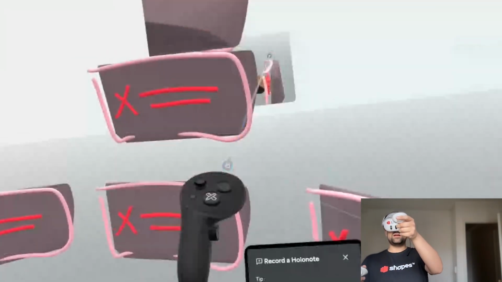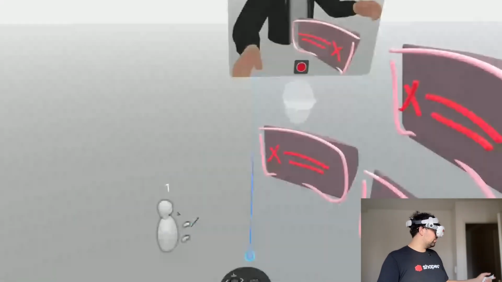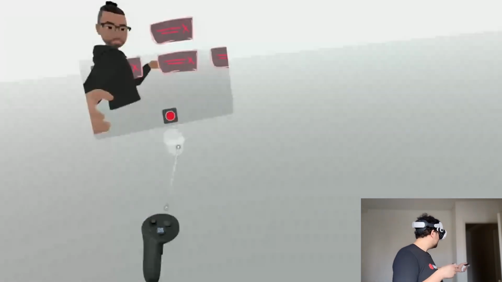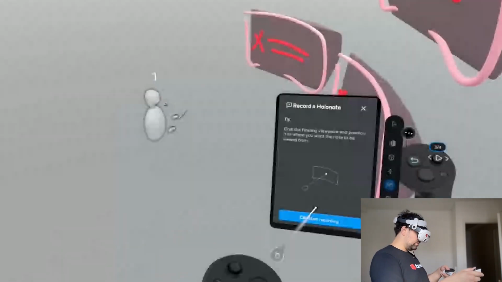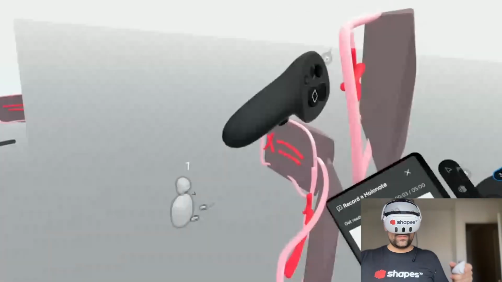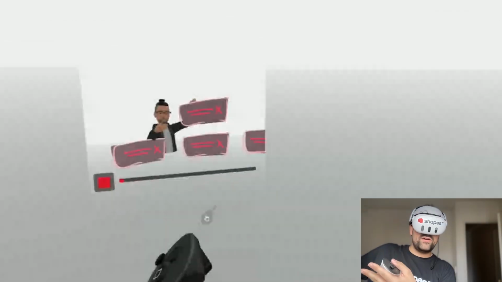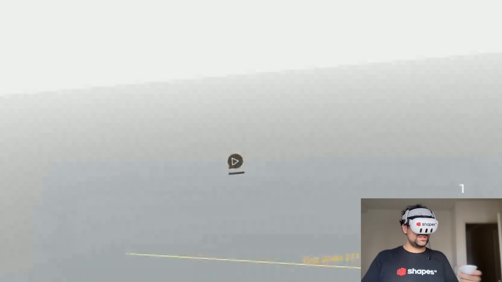And what I'll do is I have my camera. We'll move it around, and we'll say I want my user to be here, and I'm going to be here. And then just press start recording. What I'm doing here is recording my voice. I'm pointing at stuff. I'm moving around. I'm saying, this maybe should be a little bigger. It could be like the primary element in my UI. This might be the secondary. This might be the third. And then I stop. And now that I have this note, when my teammate comes in and I press play,